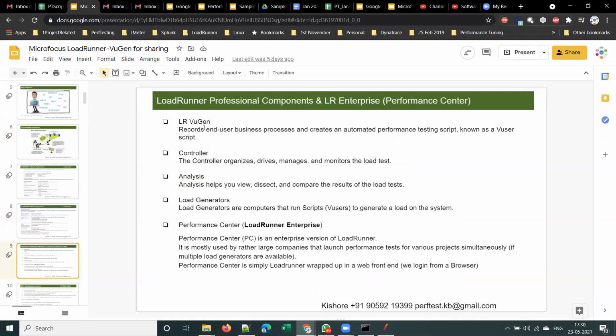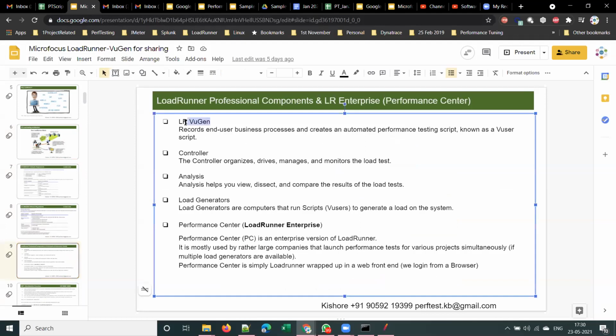When you install LoadRunner, you get these three components: VuGen, Controller, and Analysis. VuGen is the Virtual User Generator. We'll discuss what the load generator and Performance Center are later on.